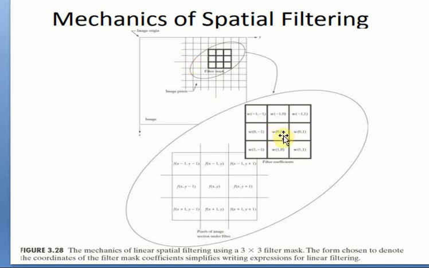Now that is said to be w of 0 comma 0, or w of x comma y. This is w of 0 comma 1, or x comma y plus 1. Here this is w of 0 comma minus 1, or x comma y minus 1. Like that, you know the neighbor pixels of x comma y, or 0 comma 0. From that idea, you first develop the different weights or filter coefficients according to the operation. Then this mask is